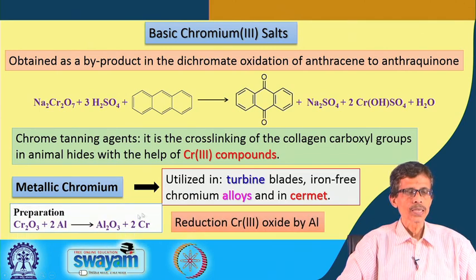So, this particular one can be very easily prepared by a reaction where the metallic aluminum or aluminum powder can be utilized for the reduction of the trivalent compound. Now, it is nothing but your chromous oxide Cr2O3, and that Cr2O3 can be utilized for reduction to metallic chromium with the help of metallic aluminum. So, aluminum reduction process can go for your corresponding reduction of the chromium from chromium oxide, the chromous oxide, not your CrO3, that means the hexavalent chromium, but it is the trivalent chromium,